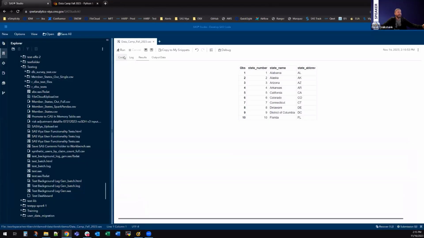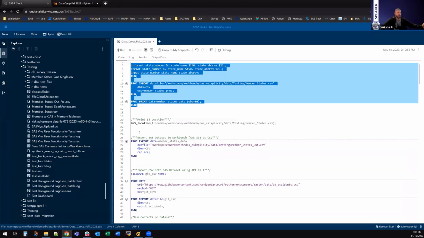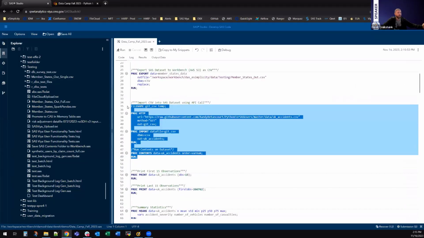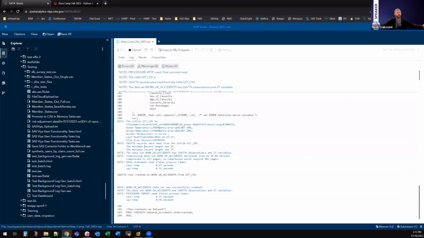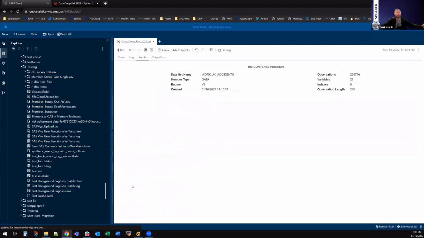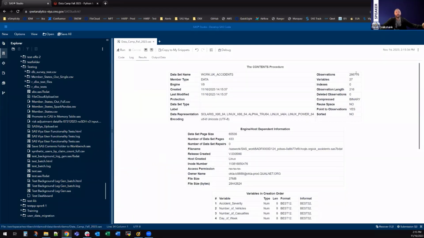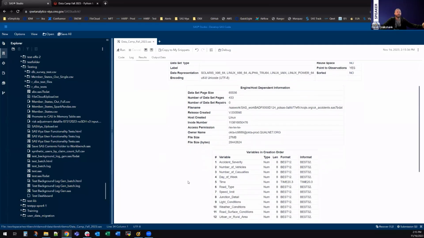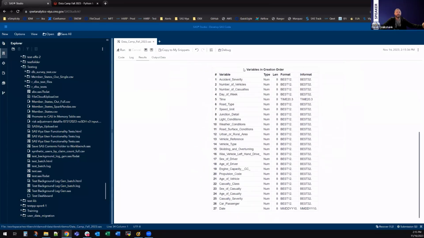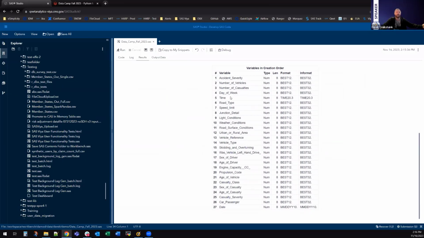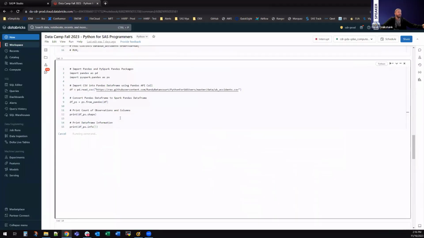On the SAS side, again, I do have this code where we can bring this in with an API call, and we're running a contents procedure, looking at the number of observations of our SAS data set, number of variables. And then you can see here, you've got your list of variables, what they were brought in as, regarding formats and types within your SAS data set itself. On the other side,